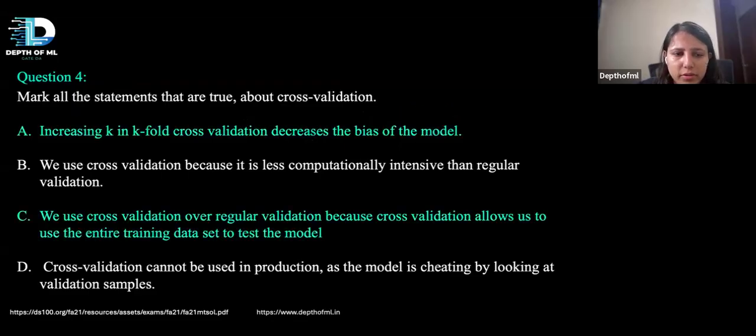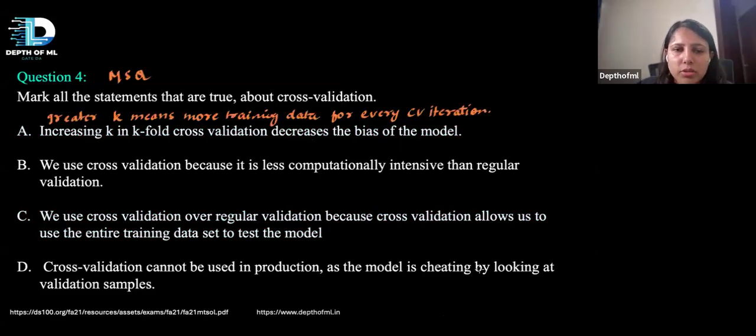What do I have here? So it will decrease, right? So this is correct. Your bias decreases as you add more data to your model training, right? So this is correct. Now, if we use cross-validation, we use cross-validation because it is less computationally expensive than regular